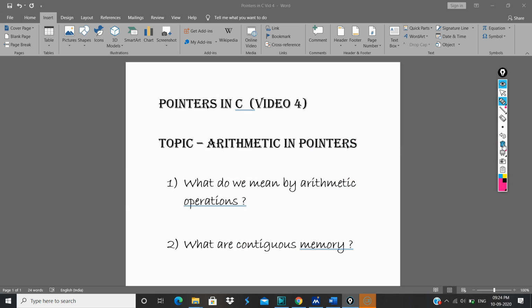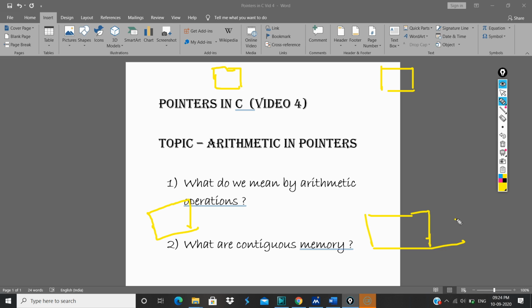So what is contiguous memory? I'll just draw a picture. Let's suppose I have a box here, another box here, another here, and another here.